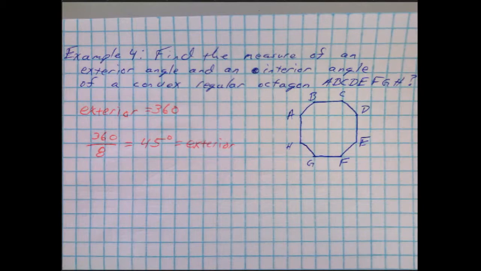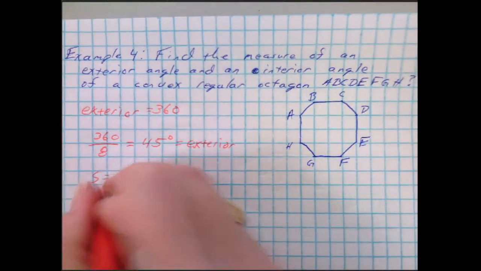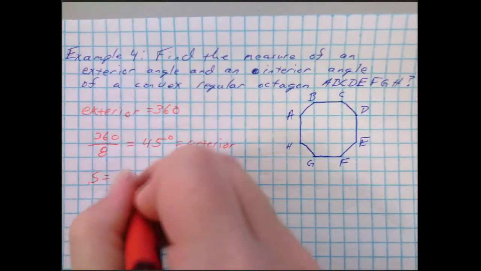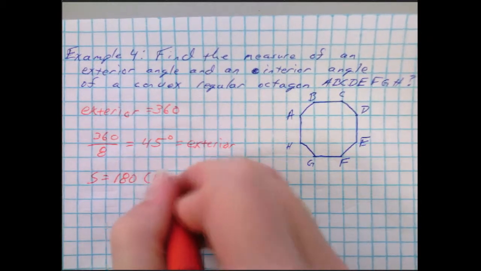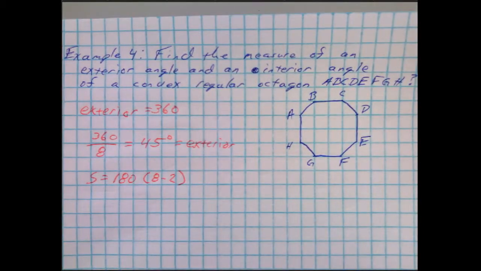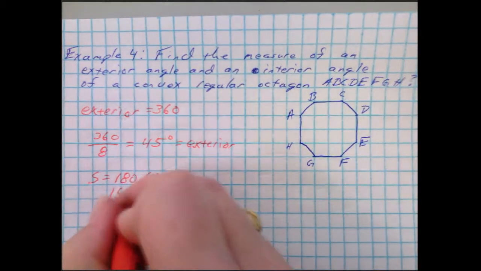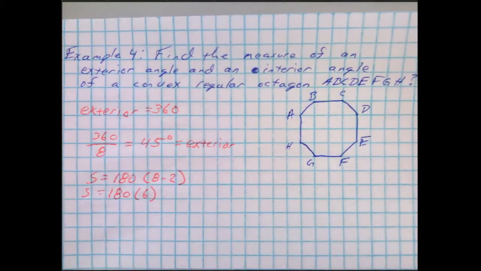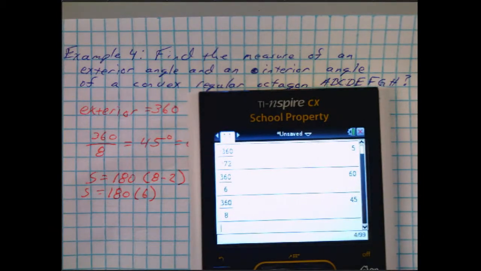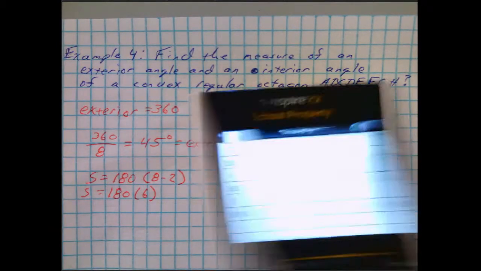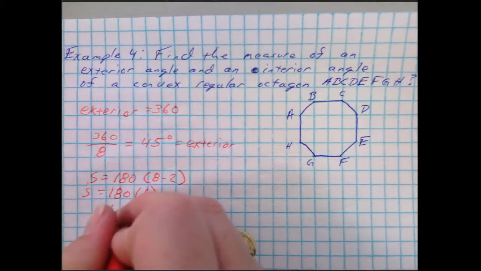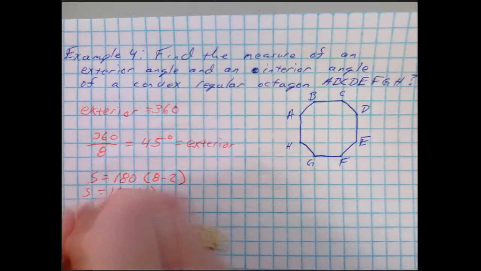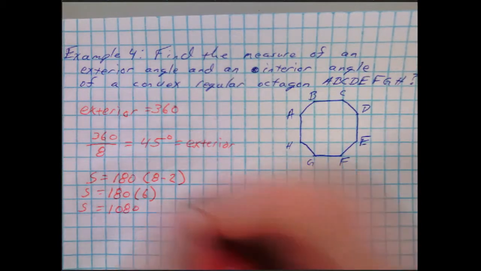Okay, for the interior, we're going to use the sum theorem. S equals 180, 8 minus 2. There's 8 sides, so 8 minus 2. So that's 180 times 6. So if you don't know what that is, pull out your calculator. 180 times 6, we get 1080. 1080 equals S. That's the total